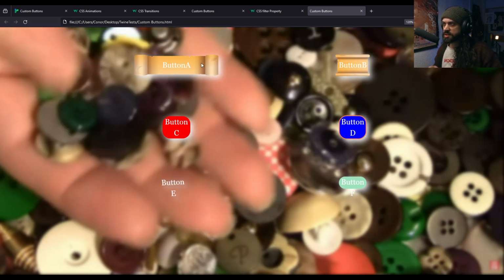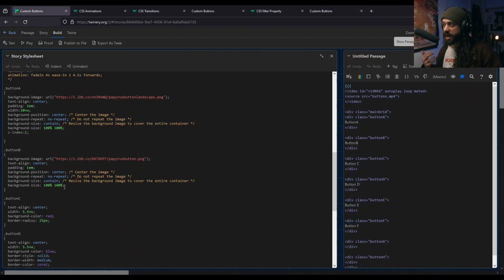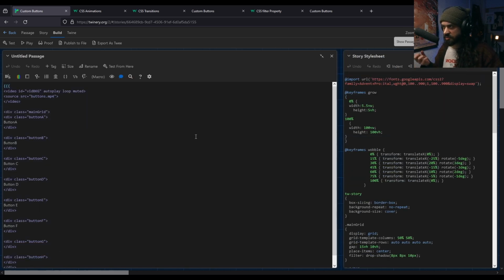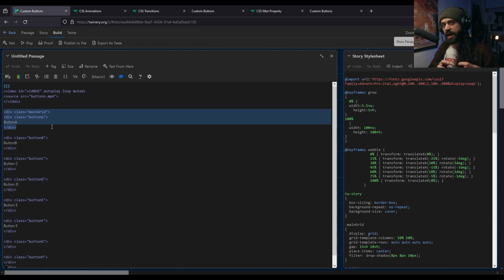Okay, so the same thing works for button B, but you'll see that I don't have that Z index involved there at all. And I have just used the exact same proportions. This is contained 100% and 100% in the div that it's in. And that's probably the most important thing to understand about this: when you have your buttons in a scene, in a grid, you use these class keywords within your CSS to define how they are presented